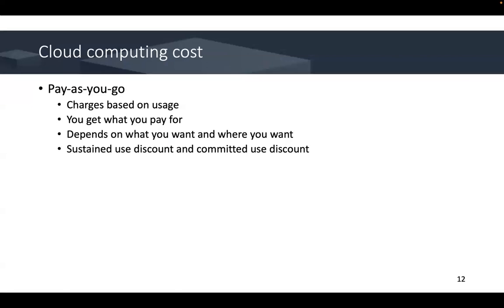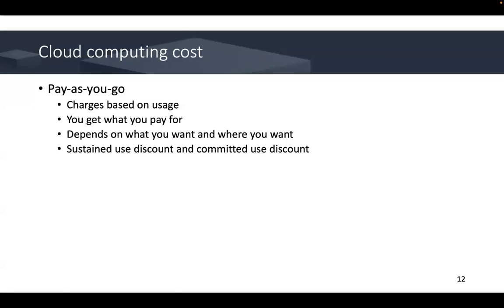But don't forget to check out some discounts some providers offer. Sustained use and committed use discounts are two types of discount that you can get from some cloud providers based on how much you use. Sustained use discount is a discount that automatically applies to your bill when you use a certain percentage of virtual machine capacity for a month. For example, if you use 75% of virtual machine capacity for a month, you probably can get a 20 to 25%